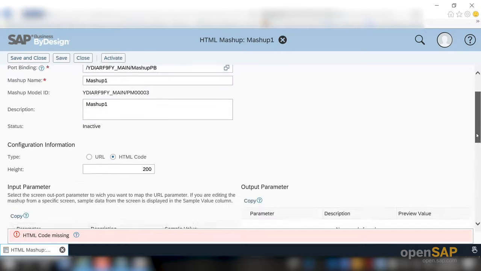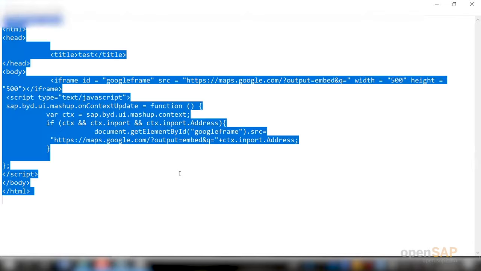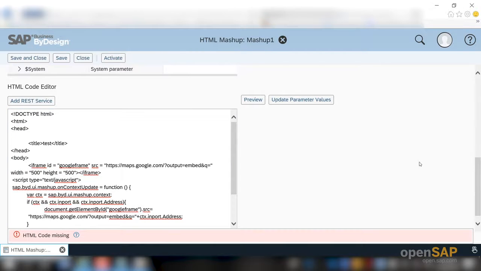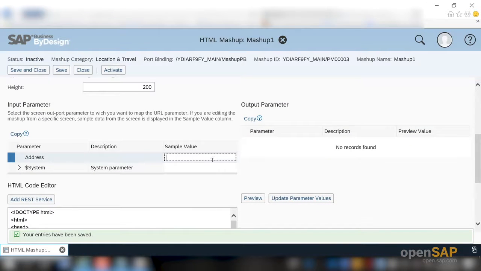As you can see, your parameter has already come up here, and I already have an HTML code that I can use for this mashup. I just copy and paste this here. What this is going to do is call maps.google.com, and then look for this particular address that you have as part of the job location. So every time you select a new record, the address is going to change, the country is going to change. So I am good with the code. I just save this. You can already check if this mashup is going to work by just entering a sample value. I can say that my country is India.